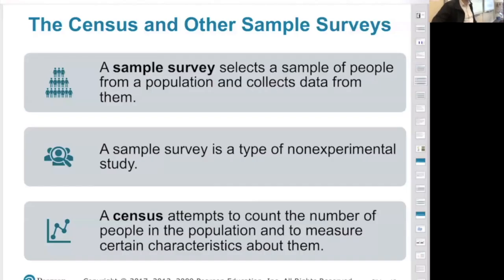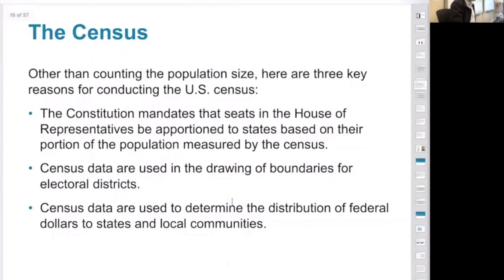So we try to count the number of people in the population and to measure certain characteristics about them, like the number of males, number of females, the percentage of males, the percentage of females, the income, the number of children, kids, number of houses, the number of cars for each family, something like this. So this is the census. So other than counting the population size, as I said to you, for the US census,